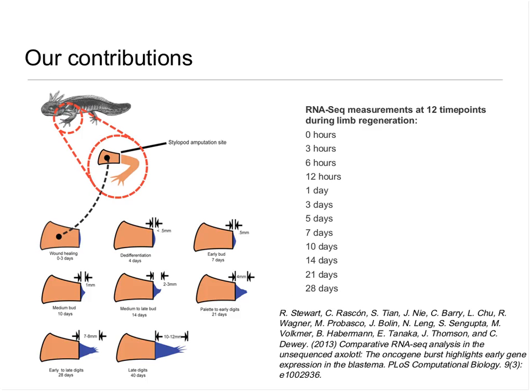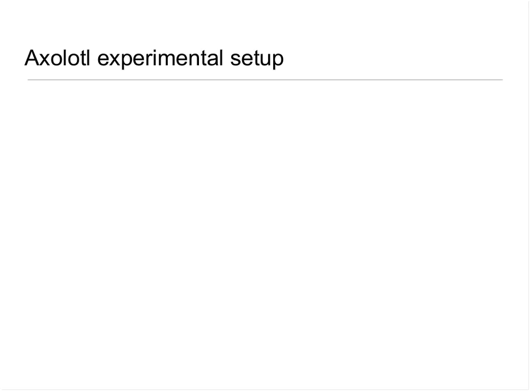Okay, so I just want to briefly jump back to the axolotl just to show you some interesting results we're obtaining from applying these methods. What we've done is the following experiments where we've essentially amputated the forelimb of an axolotl and allowed it to regenerate over a course of several months. And what we've done now is to then take RNA samples of the regenerating limb at a number of time points, actually over a dozen time points, and to look at what genes are going up or down at each of these different time steps.